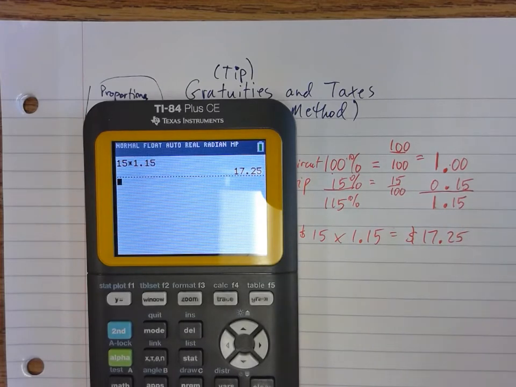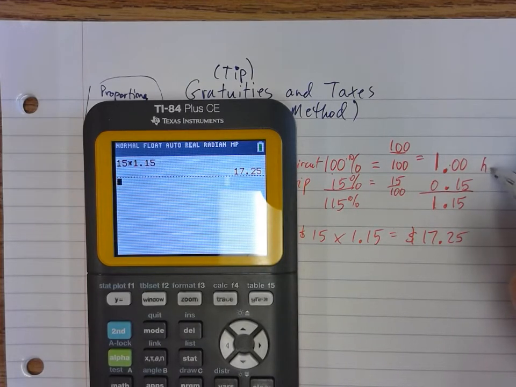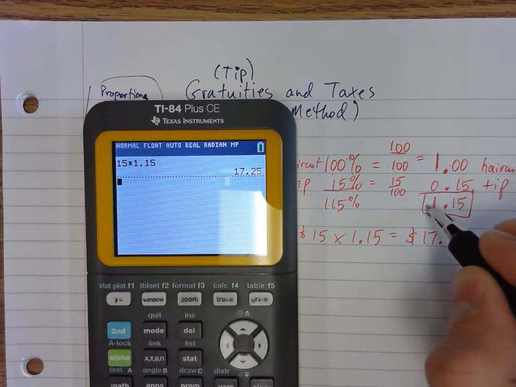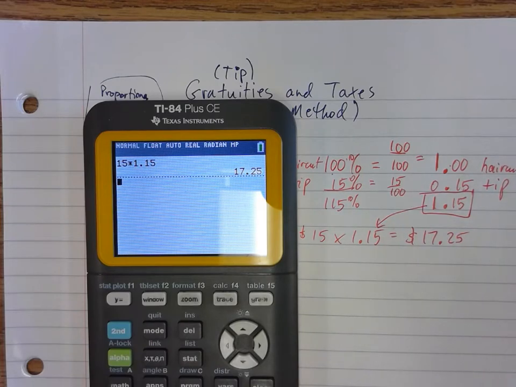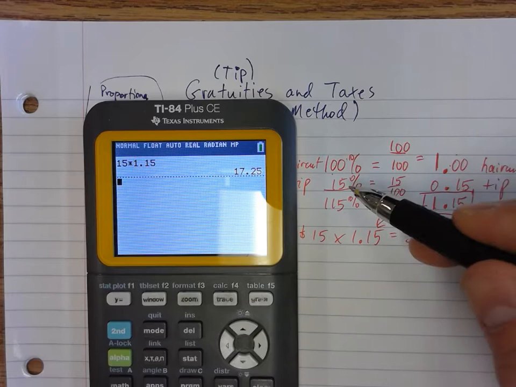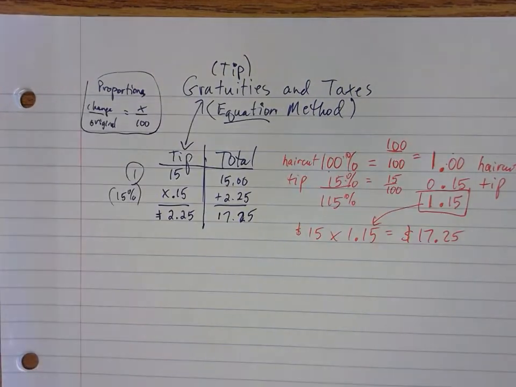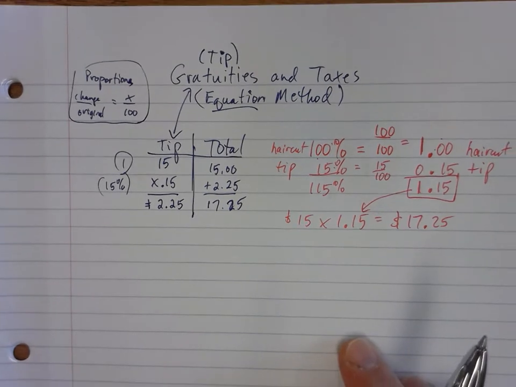Okay, again, that's the haircut, that's the tip, all together 1.15, so that's where I'm getting that. Okay, so 100% is 1, the extra 15% is the 0.15, so if you just take that $15 times 1.15, you got 17.25. So the equation, of course, would be something like this: